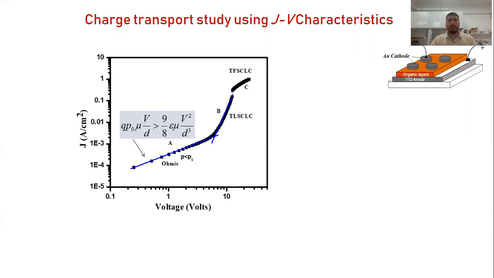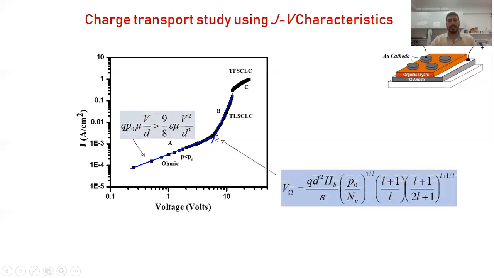But as we know, in the polymer layers there are a lot of traps and the mobility is low, so the carriers start to accumulate. When they accumulate, they oppose the further flow of injection carriers, and that is called the SCLC. They form a space charge region, and this conduction mechanism is known as space charge limited conduction, and it is affected with the help of traps. So we call this the trap limited SCLC region.